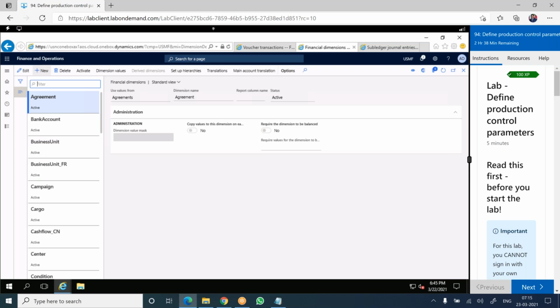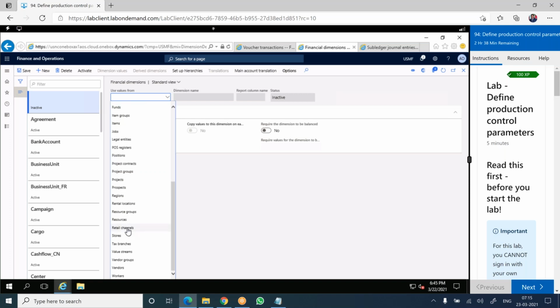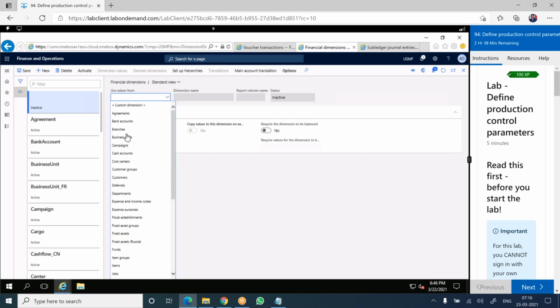If you click new, so first one is operating units, means as I told you, business unit, department, cost center, and then value stream and retail channel and value stream. These all are operating units. Next, there are many things: customer group,